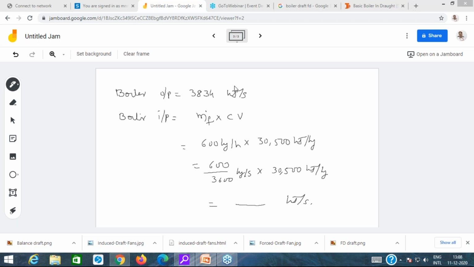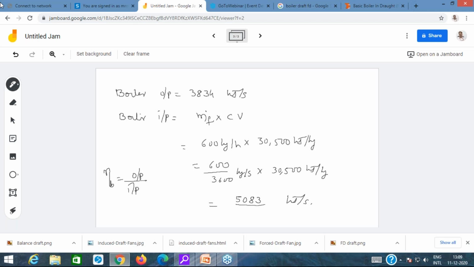Okay, so Omkar has given me the answer as 5083. Whether others are also getting the value? 5083, okay. So Gauri has also got the same answer. Now find the efficiency as output to the input ratio. So the boiler efficiency is output to the input ratio. The output being